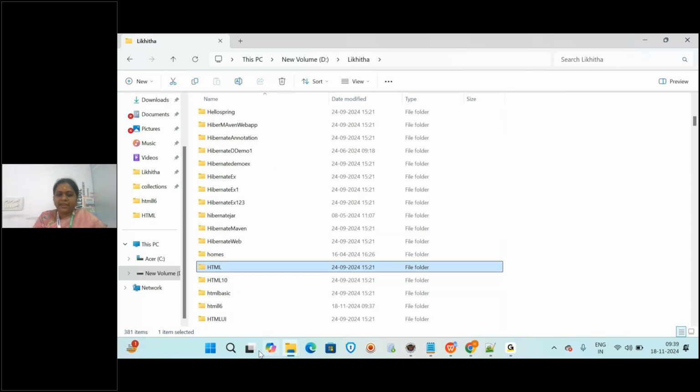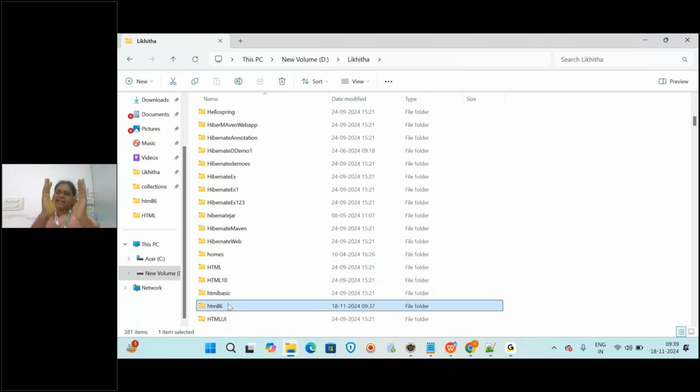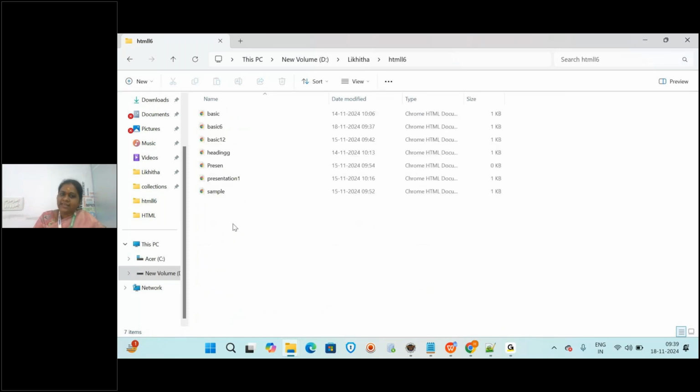So now why I am doing this is, let us save all our programs in one folder. See, at home also, we put all our clothes in one cupboard, right? So that we can easily pick up all our books from one rack, so that if you keep them everywhere else, you have to search where is this book and where is that. Our common set of things we save in one folder. So now I have created one folder HTML6 and I saved all the examples in that folder. Clear all? Understood everyone? Yes.